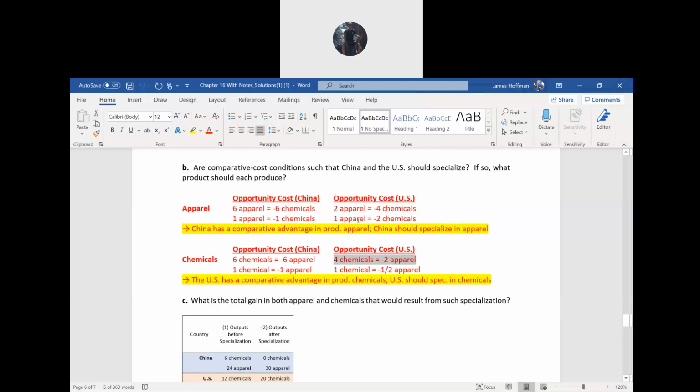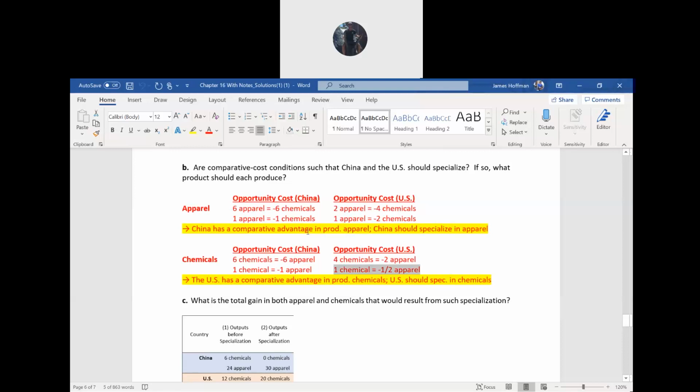Okay, for the US, if 2 apparel equals minus 4 chemicals, that also means that 4 chemicals equals minus 2 apparel. And if you divide by 4, that means that for 1 chemical, you're giving up a half apparel. So for 1 chemical, China gives up 1 apparel, and the US gives up a half. The US gives up less, which means they have a comparative advantage in producing chemicals, and they should specialize